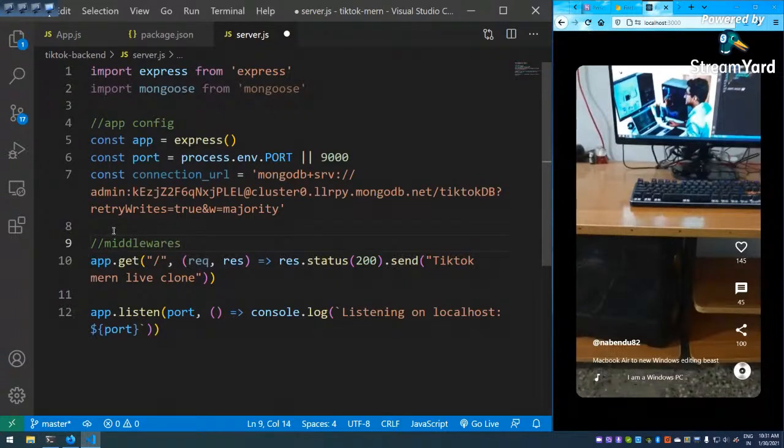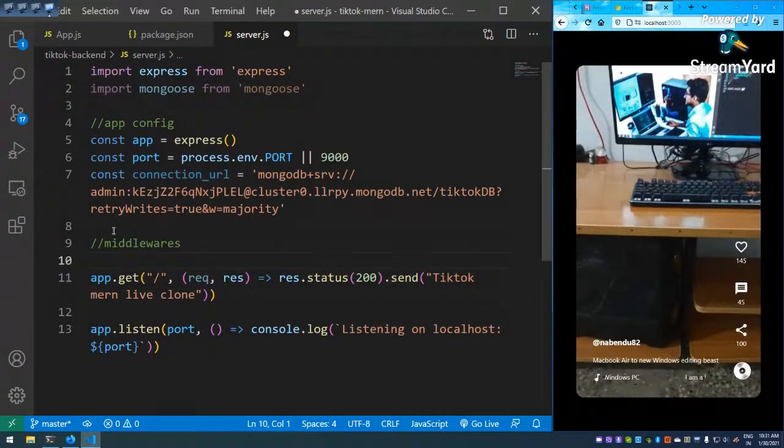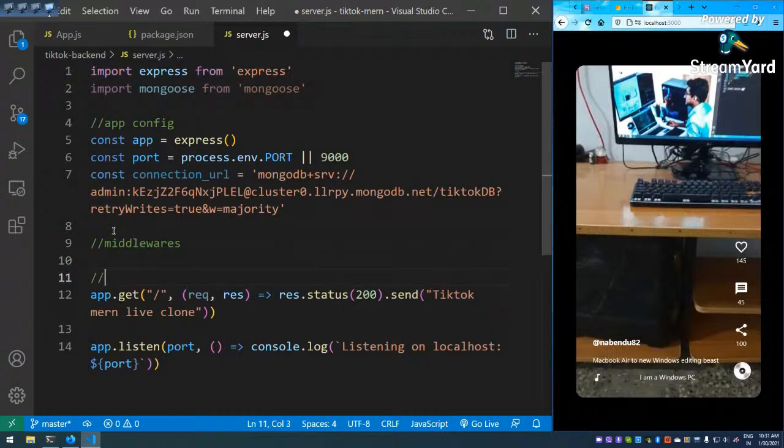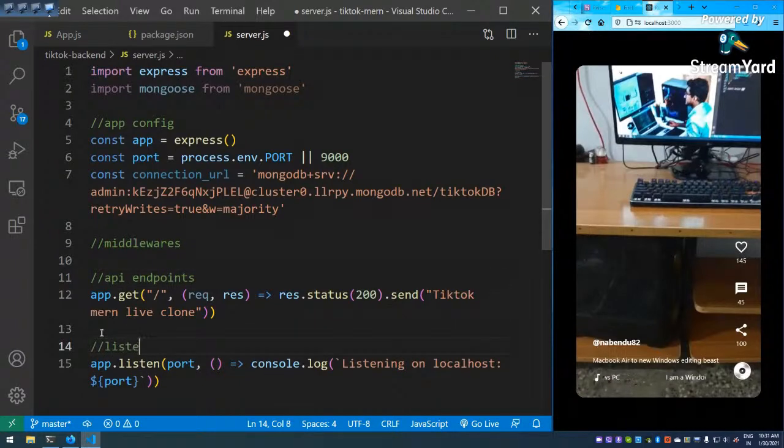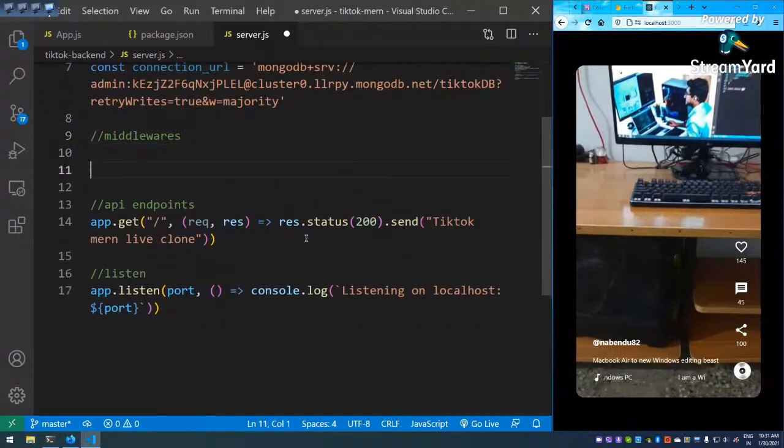Middlewares, which we'll do. Okay, and this is API endpoints, and this is listen. Okay, so after middlewares we're soon going to put, okay, we'll have db config,